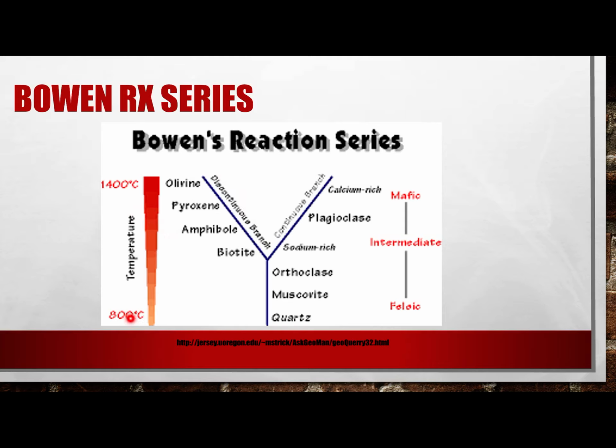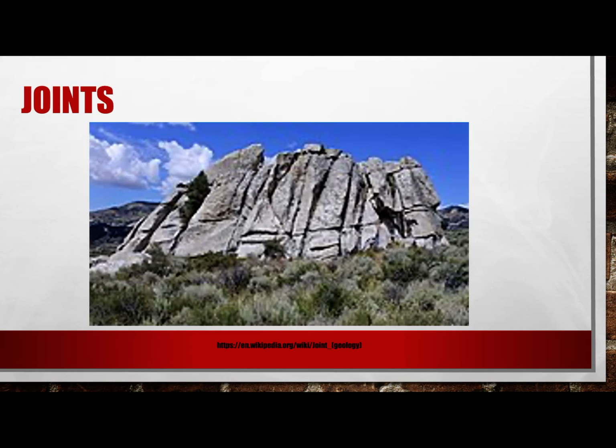And the inverse is also true. If it's starting to melt, you've got quartz down here at 800. Quartz will start to melt at 800. Then you're up to 900 for muscovite, and then it has to hit 1,000 before orthoclase is going to melt. So these are kind of rungs on a ladder is the way I describe them. Each and every one can change.